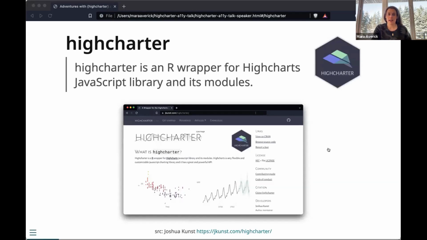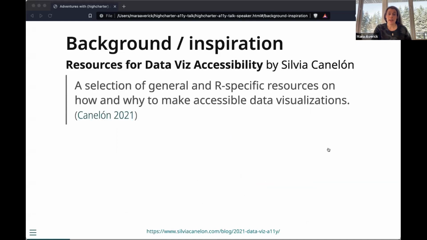And how did I fall into this? Sylvia Canelone wrote a great post on resources for data viz accessibility. They are general and R-specific resources on how and why to make accessible data visualizations. And at the time of its first writing, the Highcharts accessibility module didn't seem to be working with the Highcharter